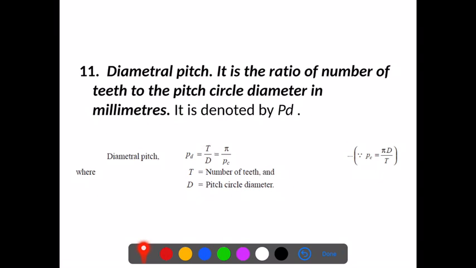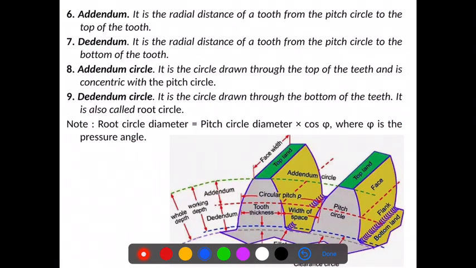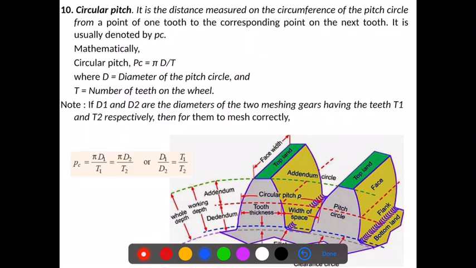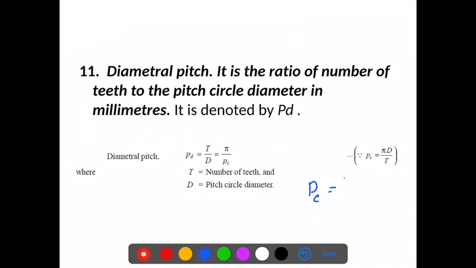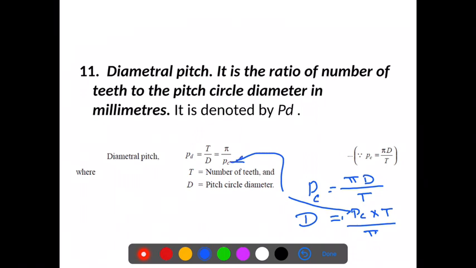Now as we know, PC, that is the circular pitch, is equal to pi D by T. So if I say D is equal to PC into T divided by pi, and if I put this value over here, we get PD is equal to pi by PC,